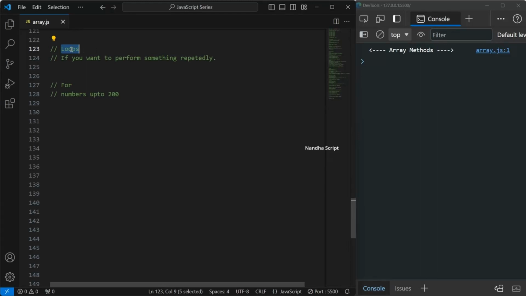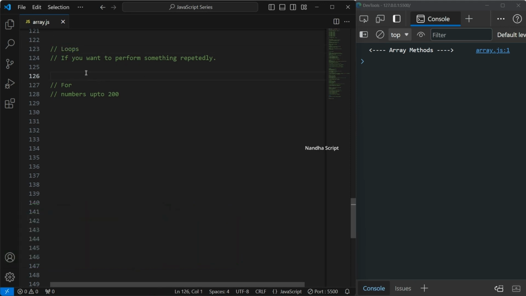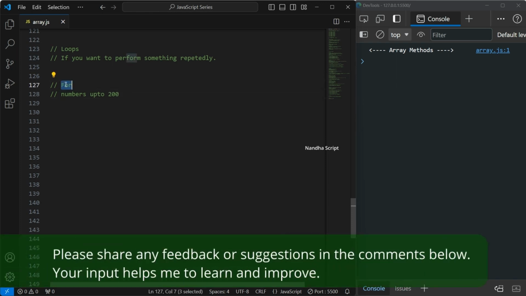Loops are a very important concept in any programming language. If you want to do something repeatedly, you can use loops to achieve that. In this video we are going to learn about for loops. Before getting to for loops, first we need to understand the pain point if we are not